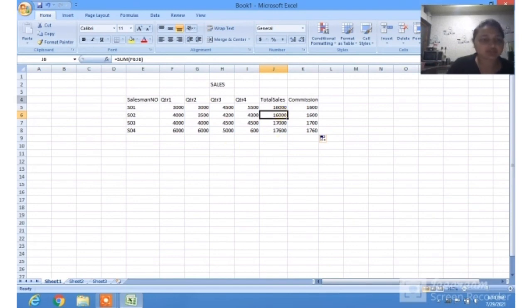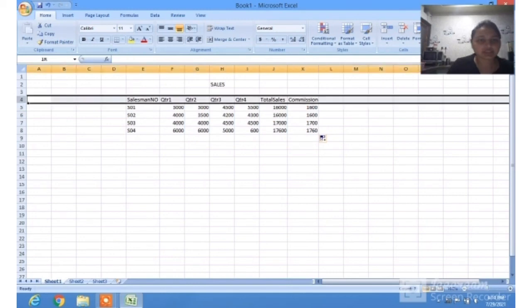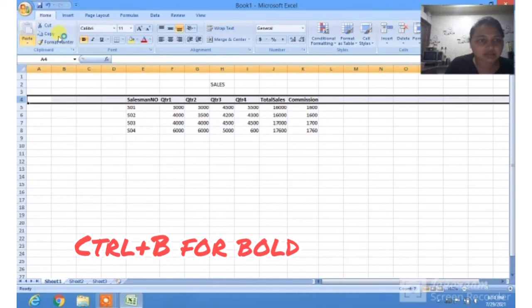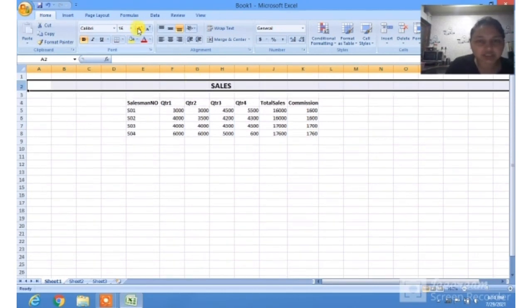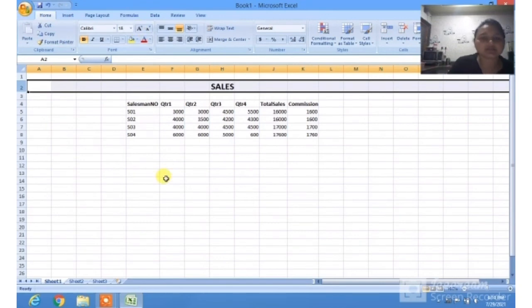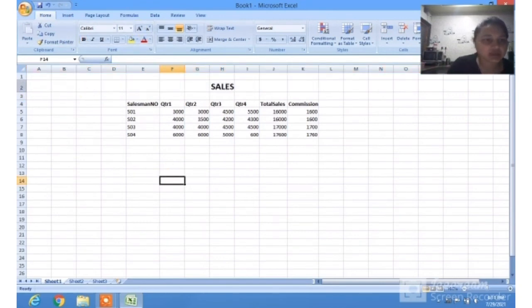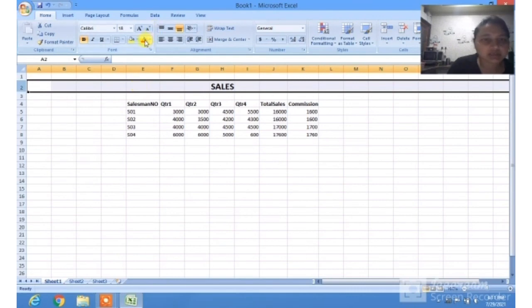If you want your headings in bold, click here and press Ctrl B from the keyboard. For the sales part also, if you want, you can press Ctrl B. You can also increase the size of it. So in this way you can make a few modifications. If you wish, you can also fill color. Here are your font colors. You can also change the font color. You can also fill the background